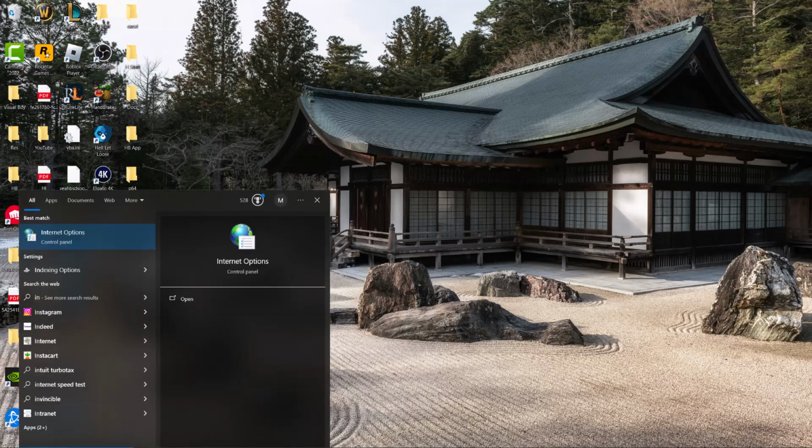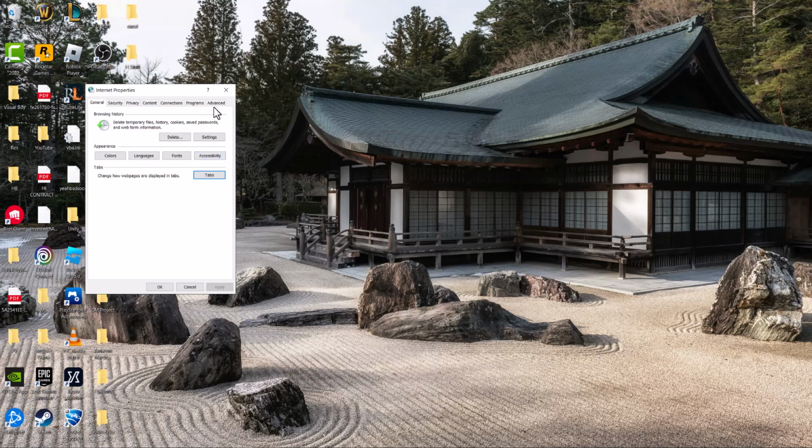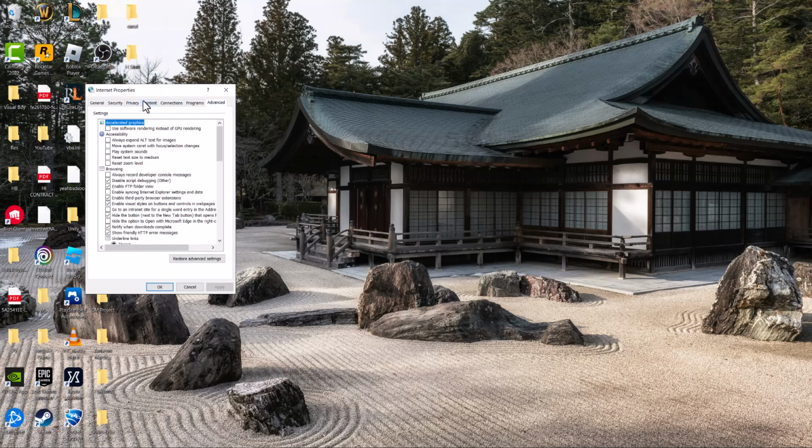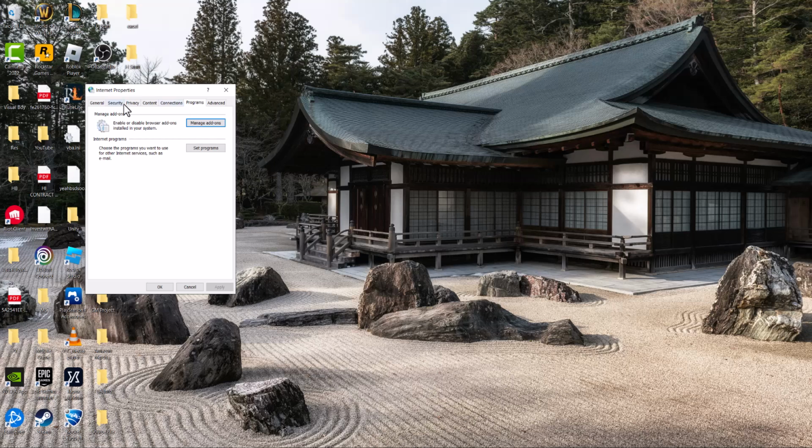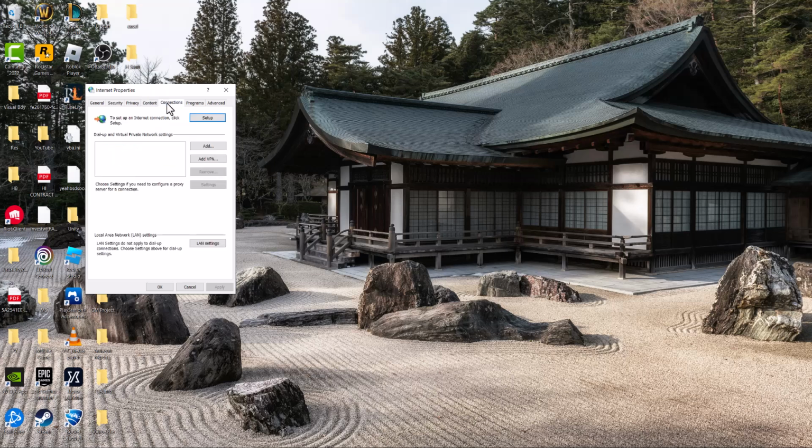The first easiest thing you can do is just search for internet options into your search bar, and then in here click into advanced. And actually, before you even go to advanced, go to where it says content and do clear SSL state. Usually this SSL error will go away once you do that,